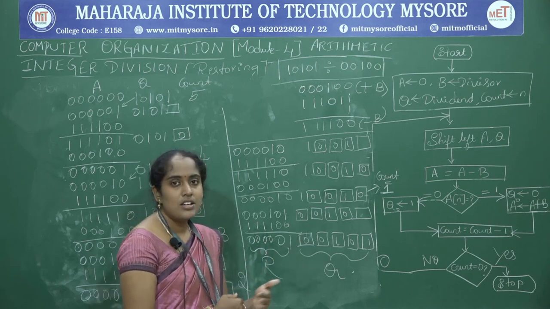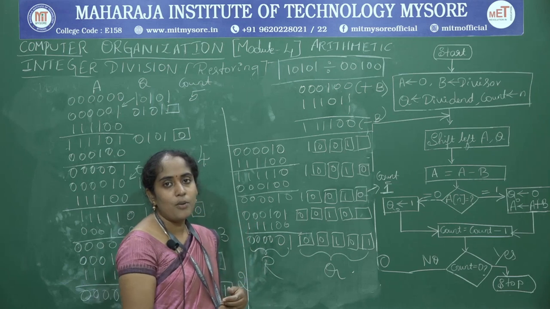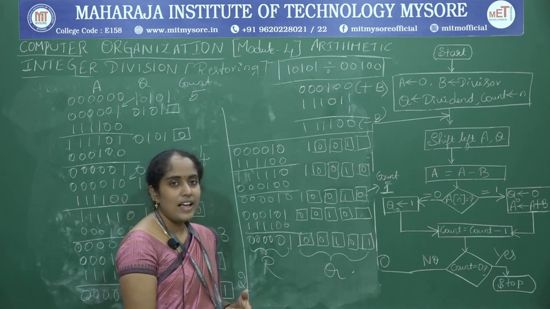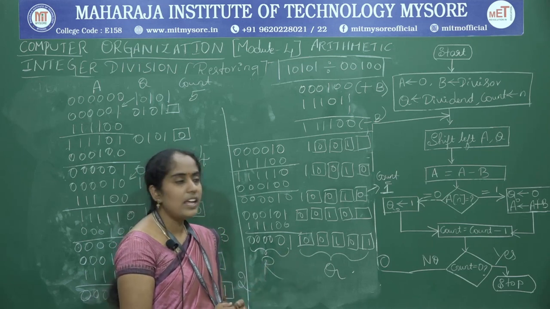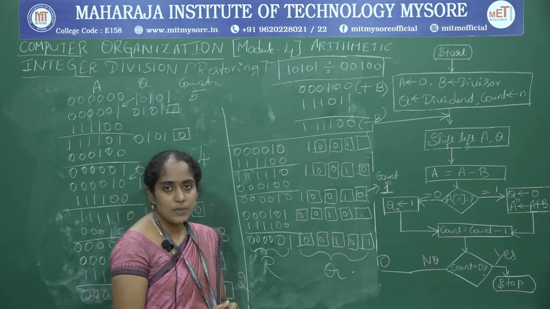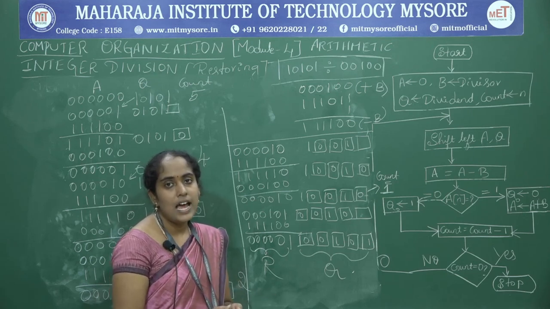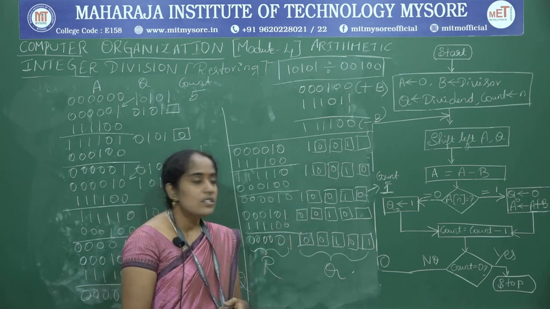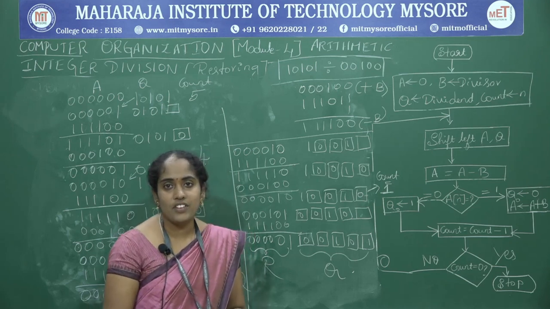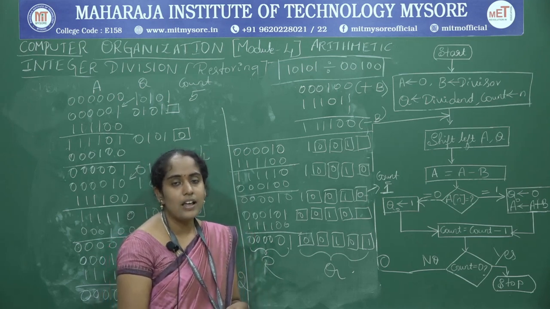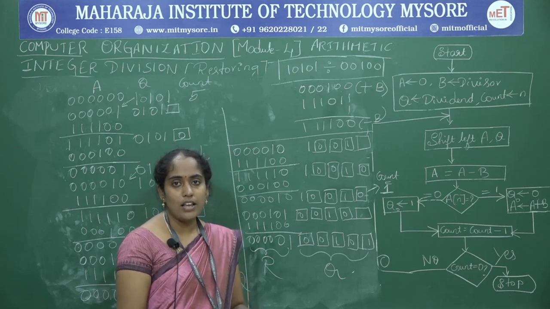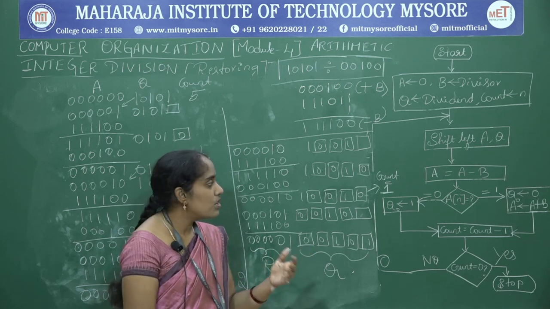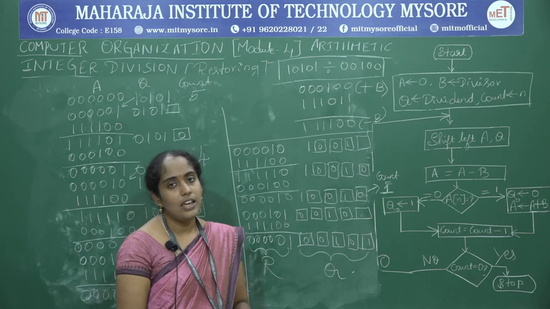Okay. So the next step is shift left. In the shift left operation, the most significant bit will be lost. Shift left A and Q value, then A is equal to A minus B. Here minus B is nothing but take the 2's complement of B and add the result with the A value and store the result in A. The next is check the sign bit of A. If the sign bit of A is equal to 1, in that case set the Q0 value to 0, then you need to restore the A value.